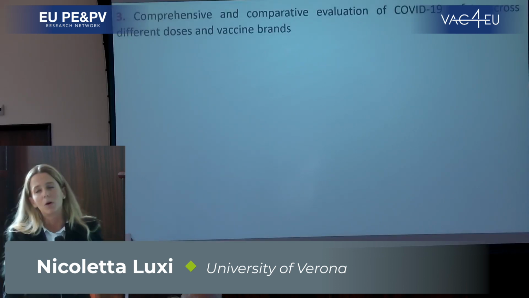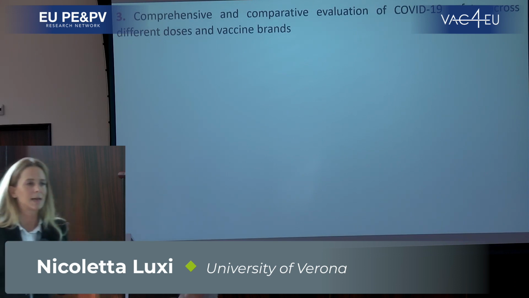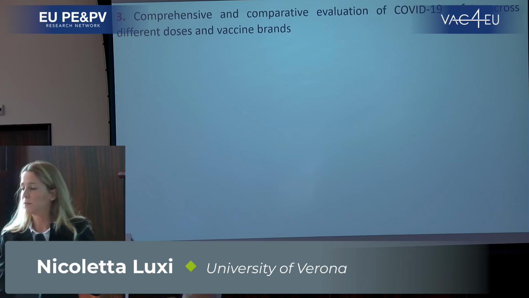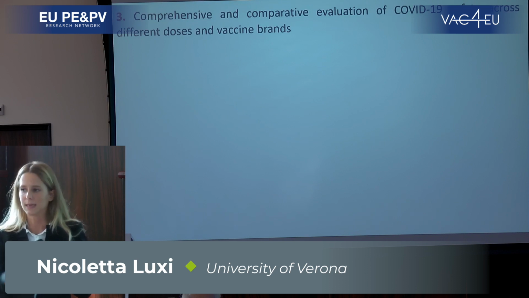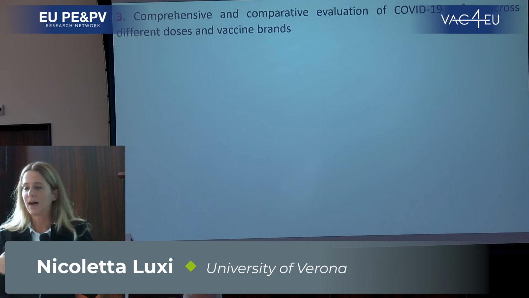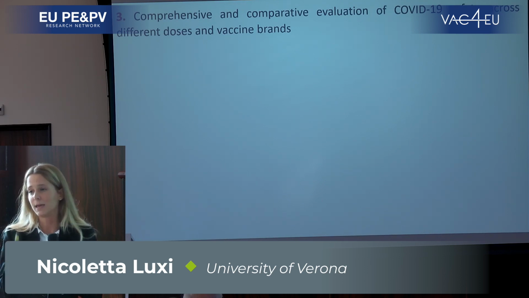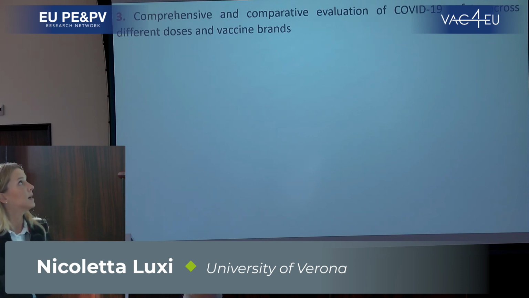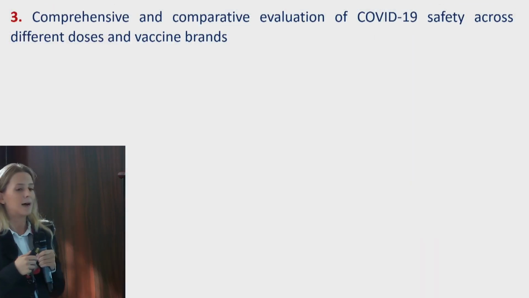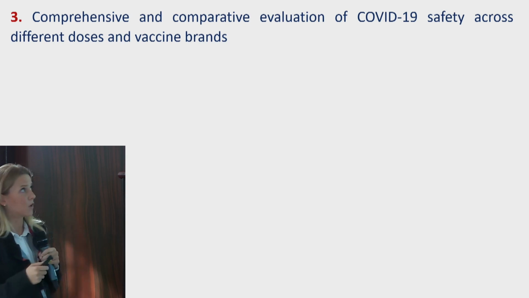And from the point of view of findings, an added value was for sure to have different vaccine brands, different doses, different countries compared in the same study at the same time. And on top of that, we also can compare findings from the special cohort with findings from the general population that was matched by sex, age, vaccine brand, and dose. And this made a comprehensive evaluation of the safety of COVID-19 vaccine.